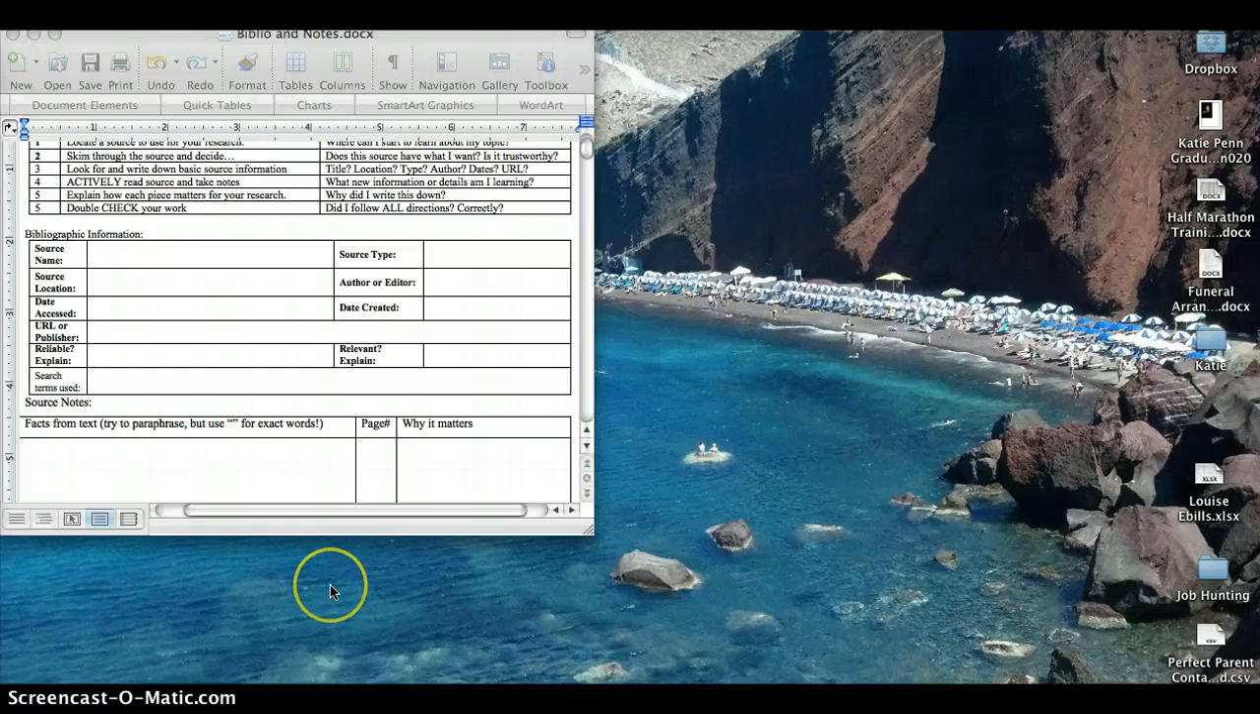This video will show you how to create a Works Cited page for your research paper. Before you begin, make sure you have all of the bibliography note sheets from your research. Make sure that on all these pages you have as much source information as possible, all of these boxes filled in. If you don't have this information for all of your sources, stop now and go back to find that